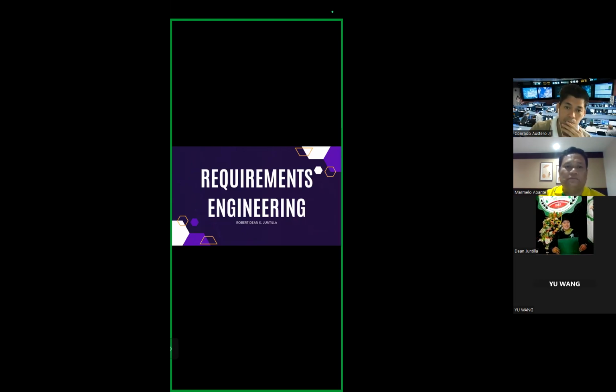Based on my personal understanding of requirements engineering, it is the discipline that involves establishing and documenting the requirements of a certain task or a certain project. So let's start. Overview. Requirements engineering is the systematic process of defining, documenting, and managing the requirements that a system or product or software application must meet.